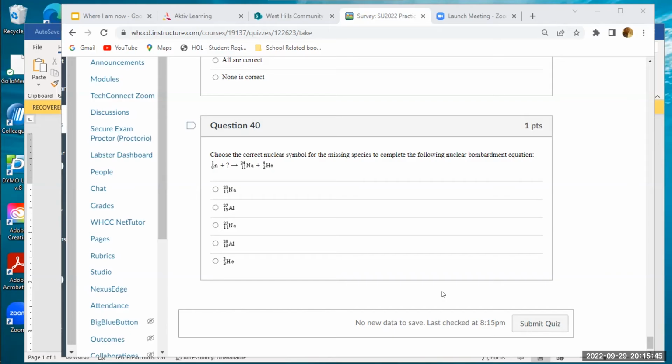Choose the correct nuclear symbol for the missing species to complete the following nuclear bombardment equation. So remember, when we look at this, these have to add up, right? So what is going to be the mass of this element on top? It's going to be 28 total, right? But we have one neutron, so we have to subtract that one neutron, so that should be 27. So that top should be 27